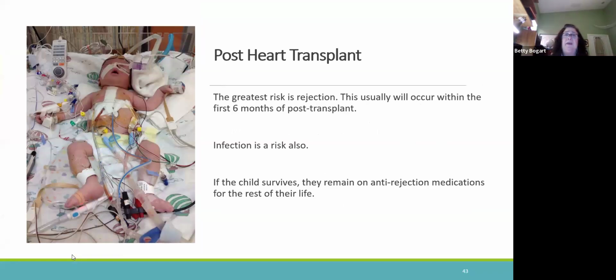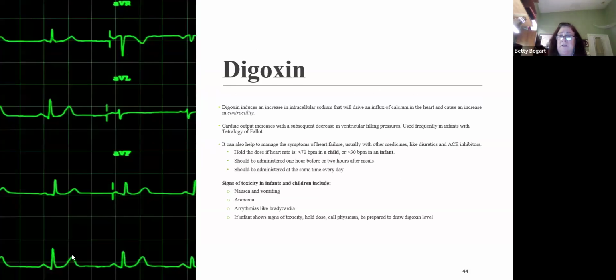Transplant, biggest risk is rejection. And many times, some of these bad cyanotic heart defects end up with transplants. Digoxin, like I said, we're going to give that with tetralogy of Fallot. It's one of the biggest things we give. It slows and strengthens the force of contraction. Now, you need to know all of those little things with administering it. What were you taught in pharmacology? Well, you need to